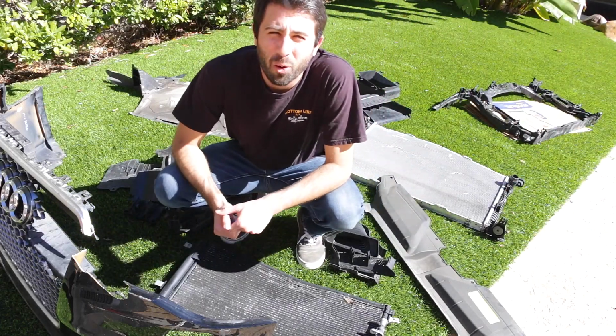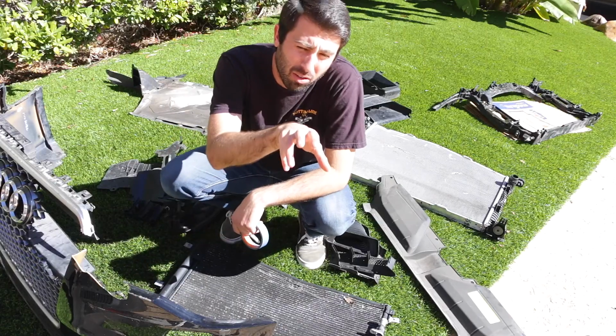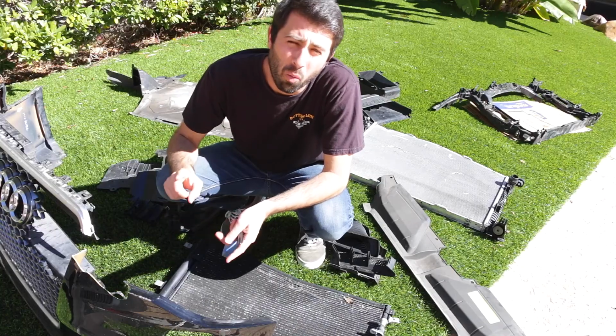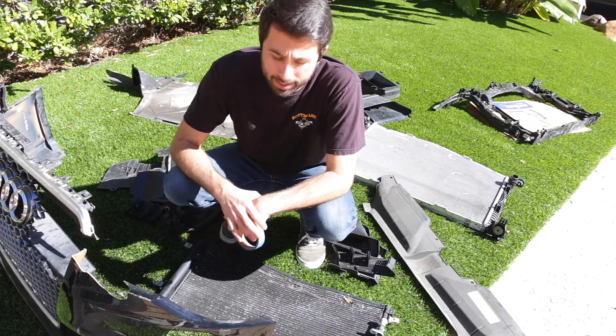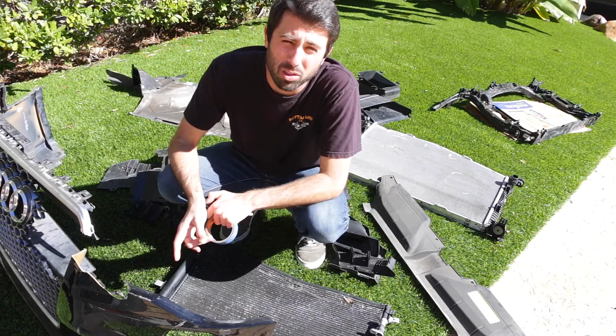It's another day working on the Audi. So here is the parts collection that I have. There's a little bit more in the garage I'm gonna pull out, but the plan is now to figure out what parts are good, what's fixable, and what needs to be replaced. I wanna get a parts list going so I can go to Audi tomorrow and maybe order some things